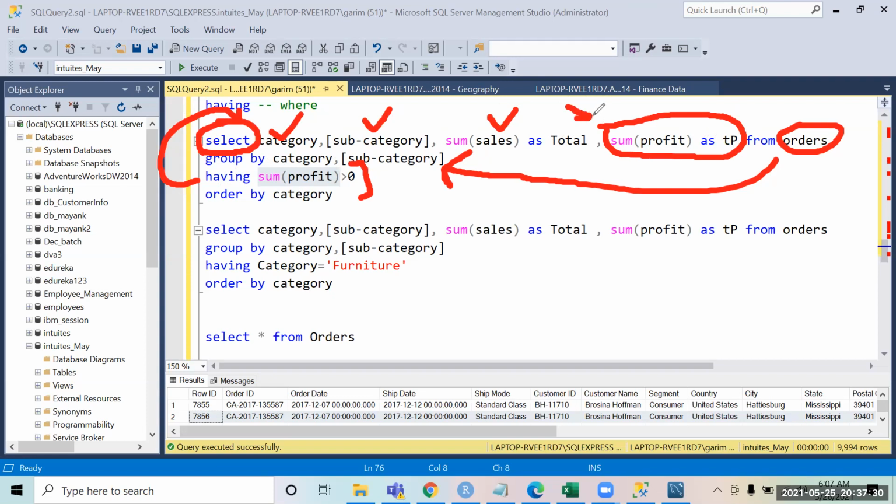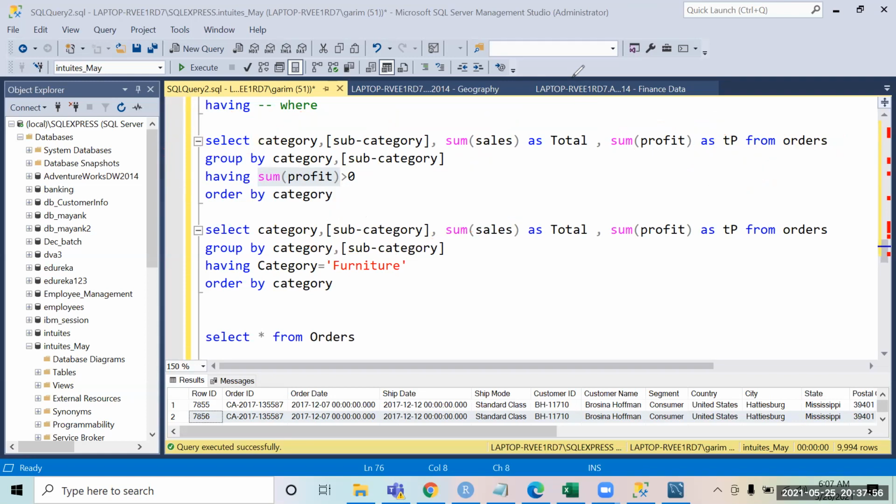So till the time SQL is executing HAVING, it doesn't know what TP is, but it knows what sum of profit is, because sum is a function and profit is a column inside that data. That is why it recognizes sum of profit, but TP is something I'm creating after it, so it does not recognize that and gives you an error.